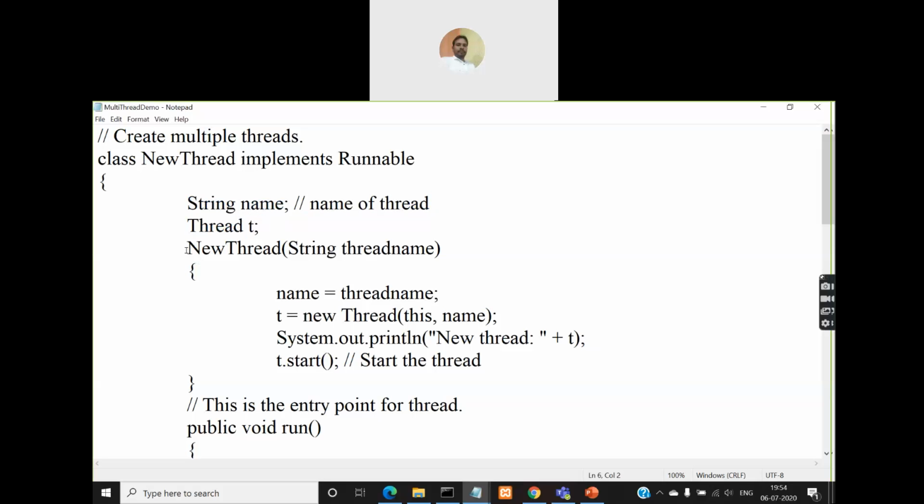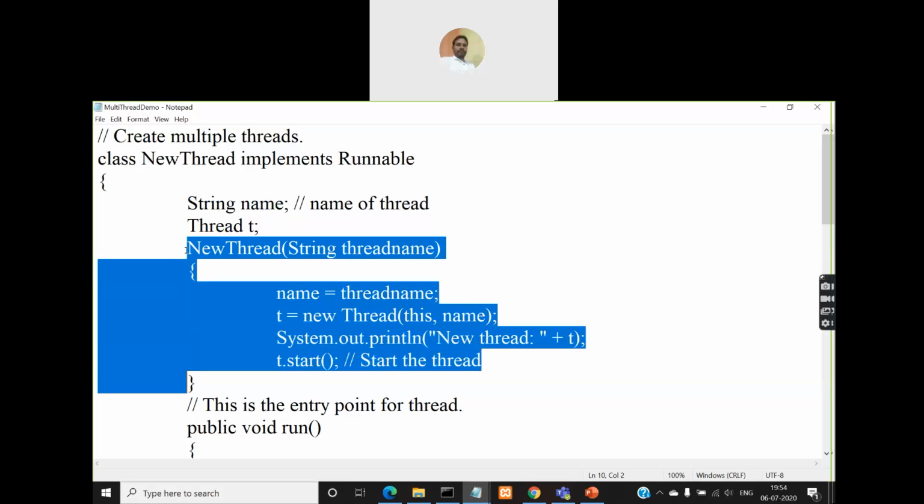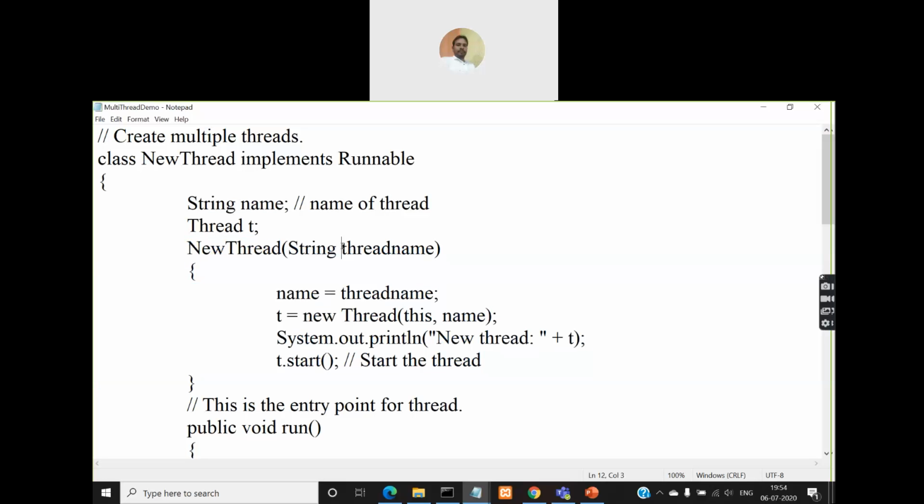And I'm creating a reference variable t for the thread class. In the constructor, I'm passing one string parameter for this new thread constructor. And what is the parameter name? Thread name. So I'm assigning thread name to name. What is name? The string variable that we declared here. So whatever thread name we get as a parameter when this constructor is invoked will be saved into the name